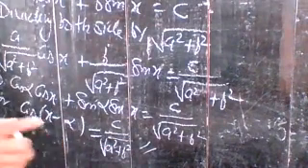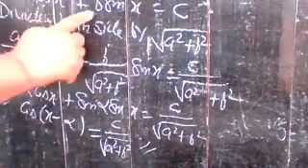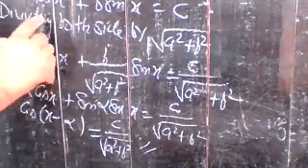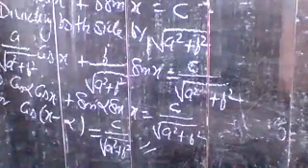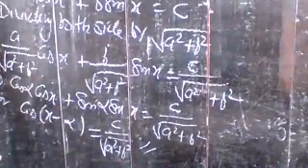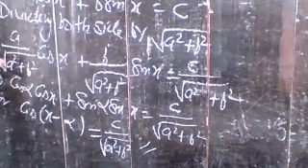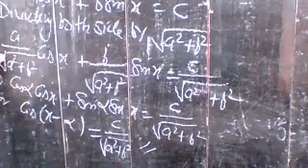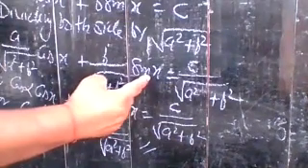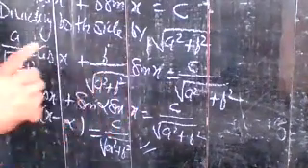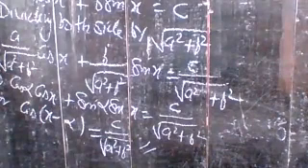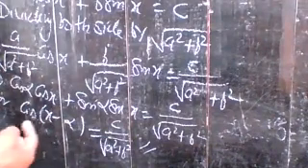Now, if you want to convert a cos x plus b sin x in terms of sine, in that case you should also divide both sides by under root a square plus b square. But here, with the term which is with cos x, you write sin alpha, and with the term which is with sin x, you write cos alpha. So arithmetically, that is the formula sin x cos y plus cos x sin y, and you have a single term of sine.